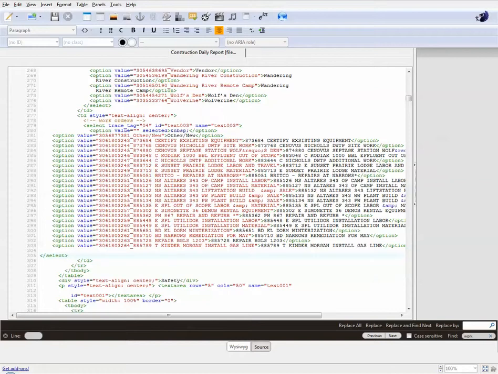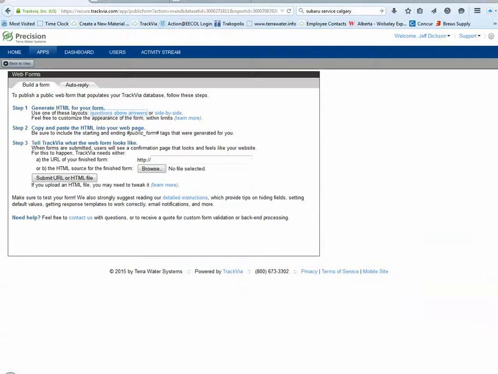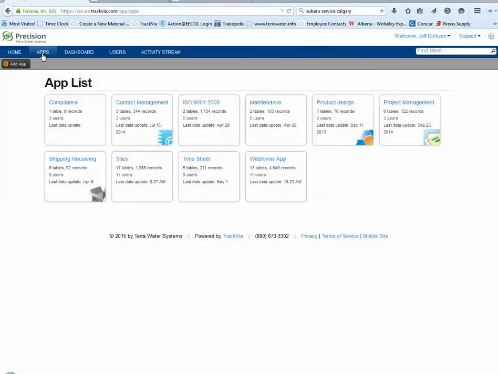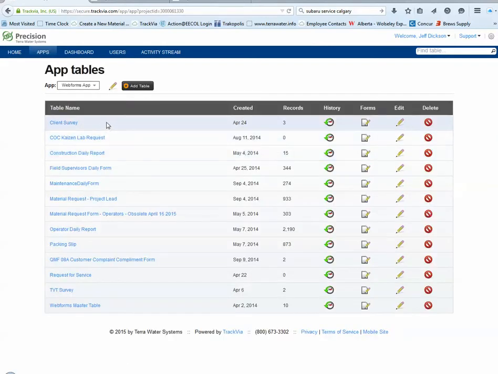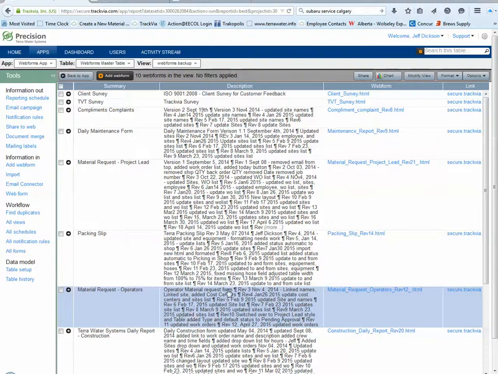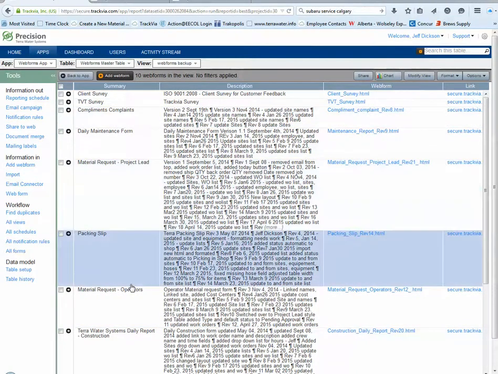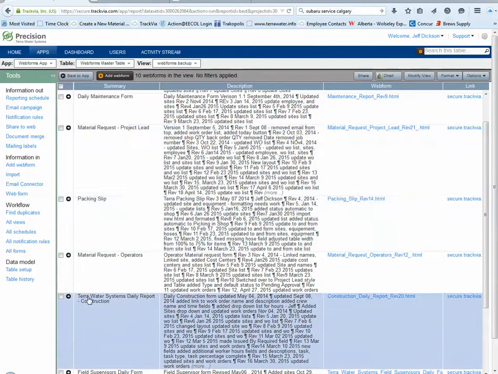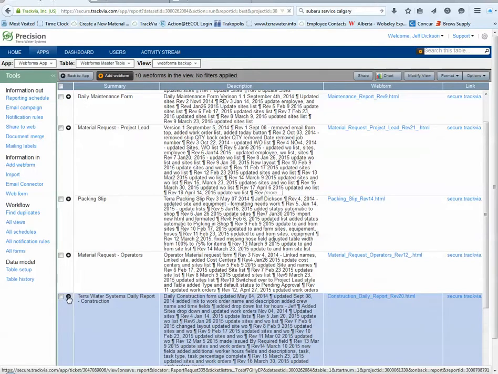So we'll go back into TrackVia, and we'll go to the apps, Webforms app, and then at the bottom here there's Webforms master table. Now this table is where we upload the HTML code to. So we'll click on the Webforms master table, and then we'll click on the correct corresponding form. So in this case it's Terra Water Systems Daily Report Construction. We'll open up that,